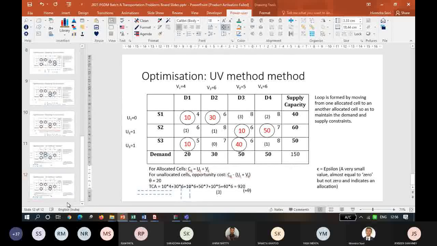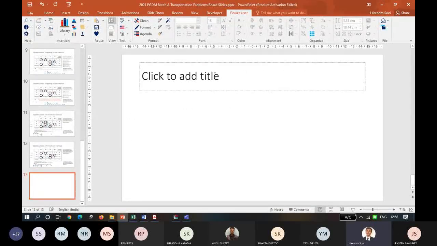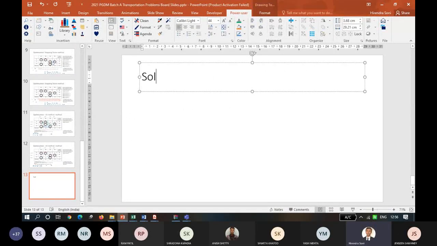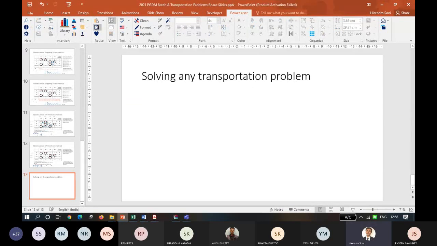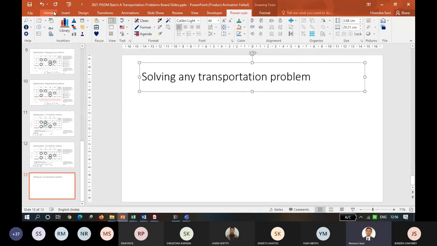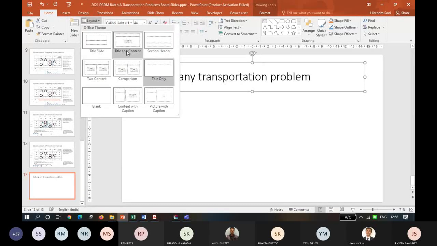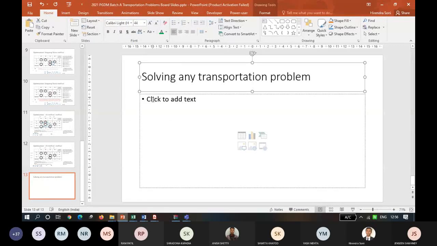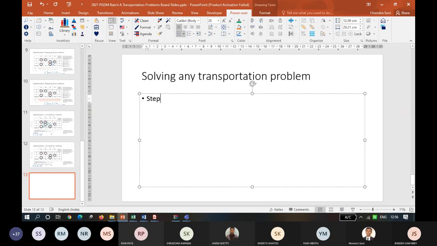Yes, sir. So whenever we are solving any transportation problem, step 1, get initial basic feasible